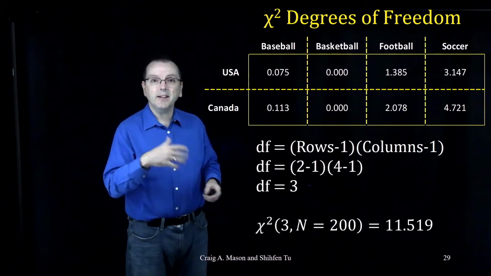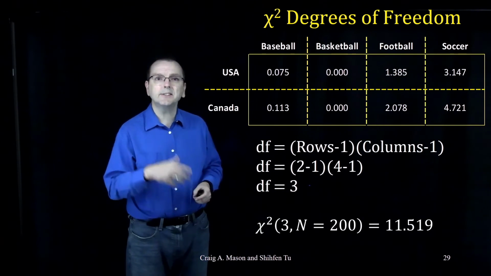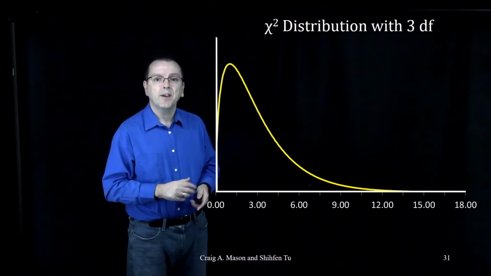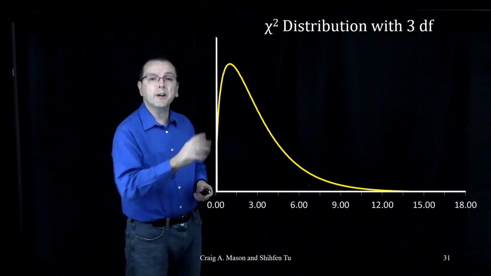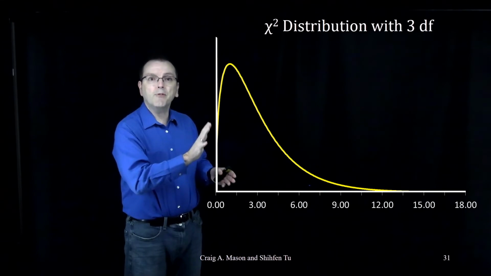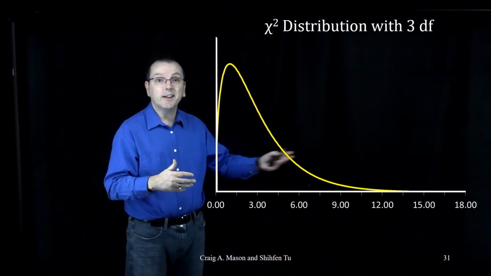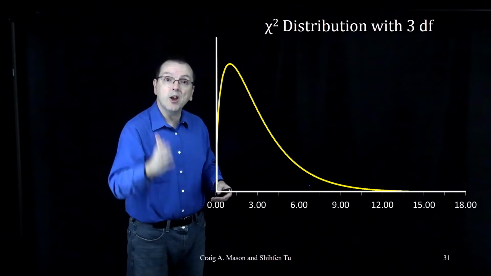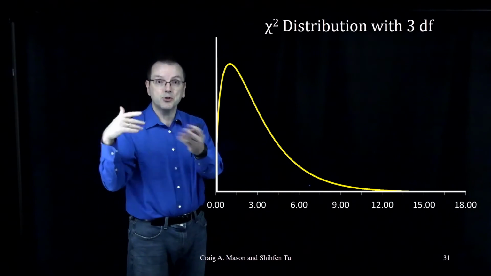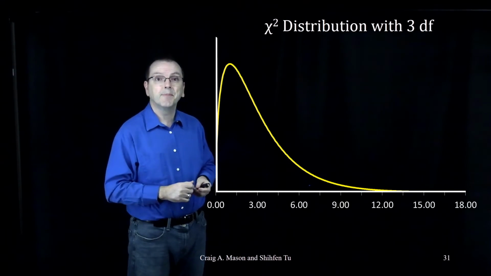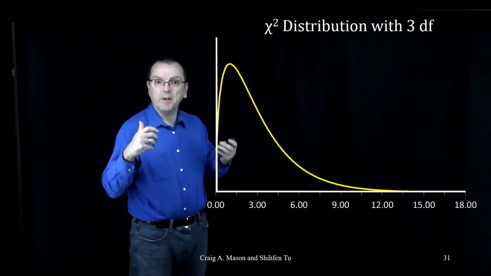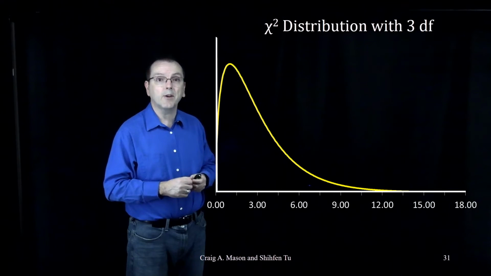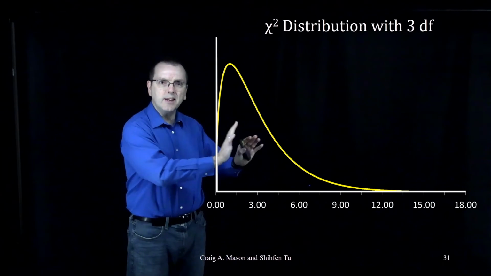So next, let's visualize what this chi-square value looks like, okay? Now, here's a chi-square distribution with 3 degrees of freedom. This reflects the probability of getting different chi-square values with 3 degrees of freedom if the null is true. In this case, if the two variables are independent. So the first step we might do is determine our critical chi-square value, that value that we need to reject